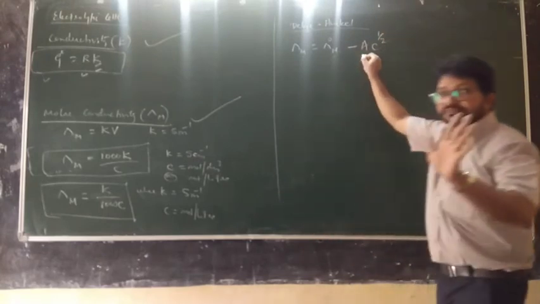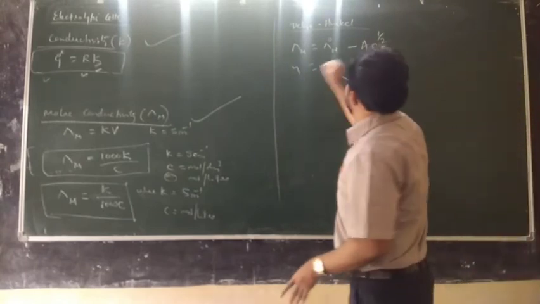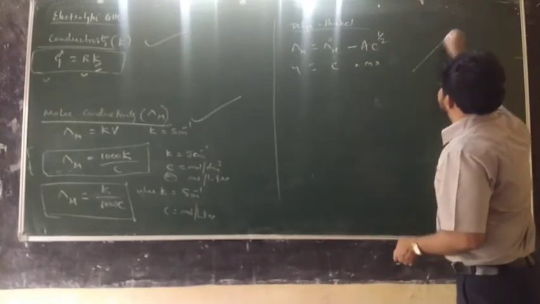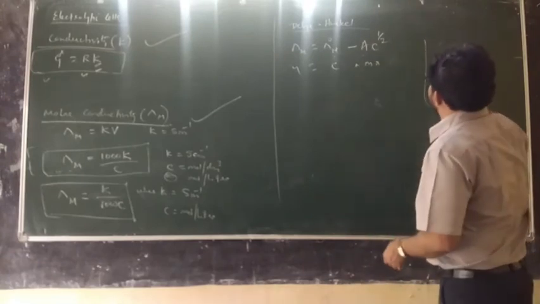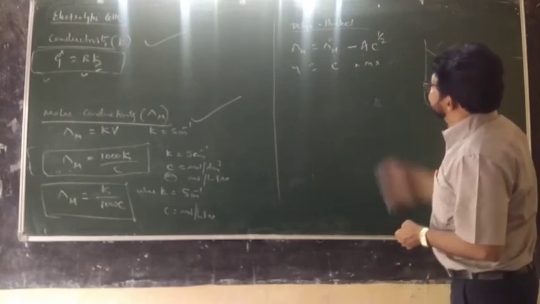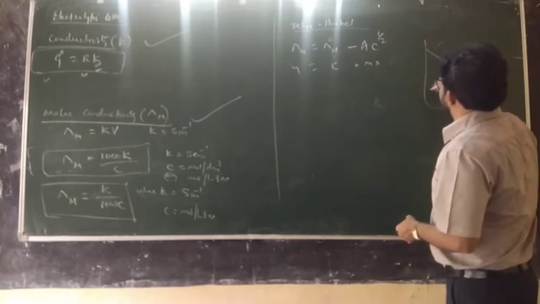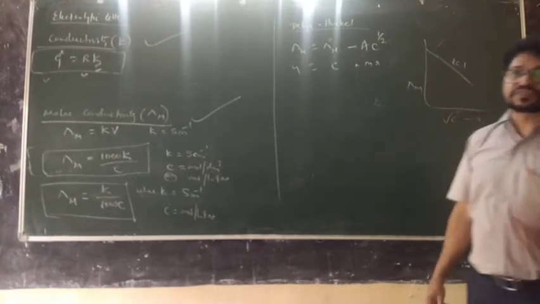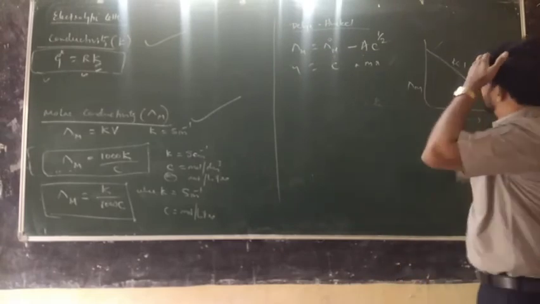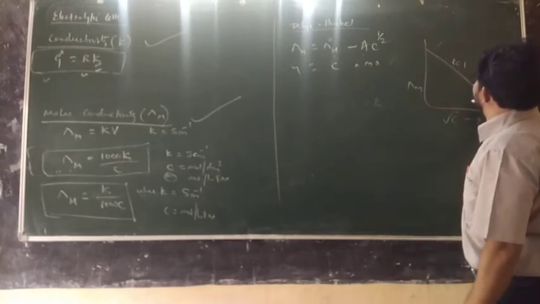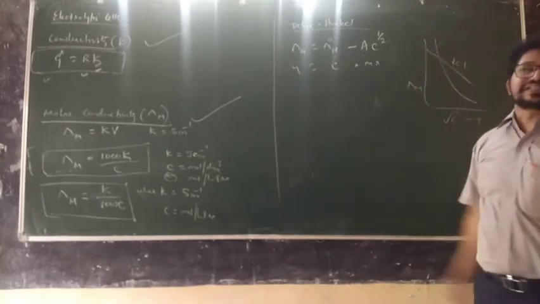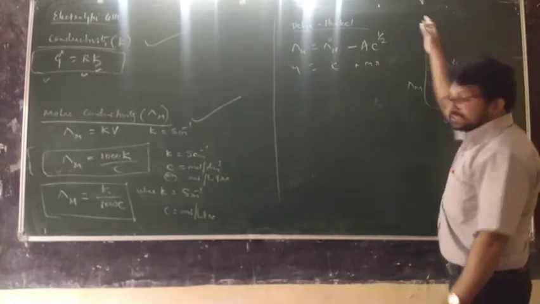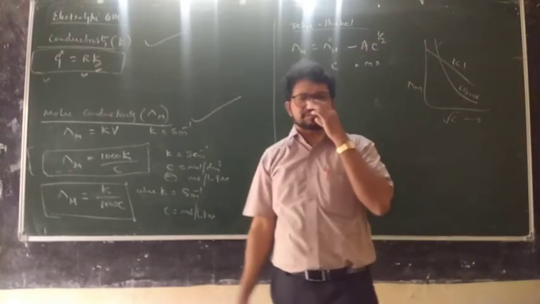A depends on nature of the electrolyte. This is y equal to mx plus c type. A is the slope, and the nature of the graph is this graph, correct? Pointing downward, negative slope. For example, KCl, this is the graph. What to write here? Lambda m. What to write here? Root C. C to the power half is root C. And yes, for different electrolytes you can calculate. But if it is a weak electrolyte, it will not be a straight line because ionization is continuous. For example, acetic acid. And near infinite dilution, it rises steeply. That's what you see in the textbook.